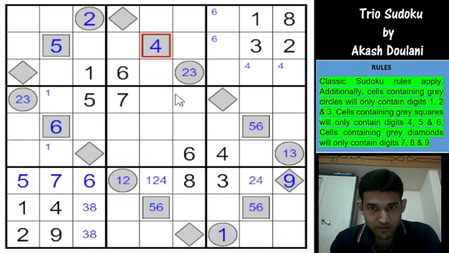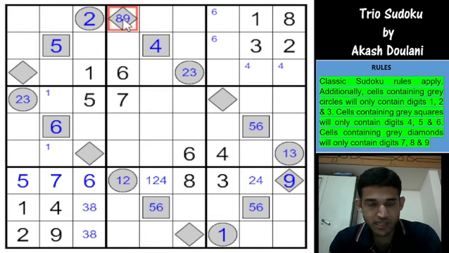Okay, now let us maybe move on to the diamond shape. So this becomes 8 or 9. You have 7 here, so this is 7, 8 or 9, so 7 is ruled out. And this is also 7, 8, 9. 7 is ruled out because of the 7 given, so this is 8, 9.